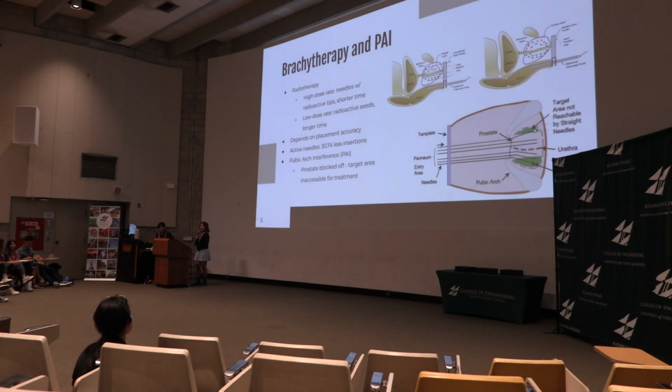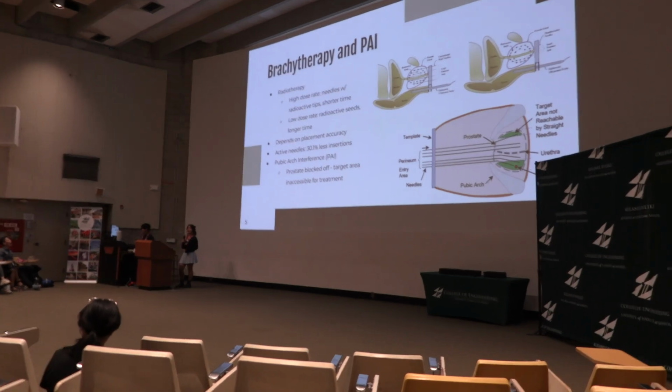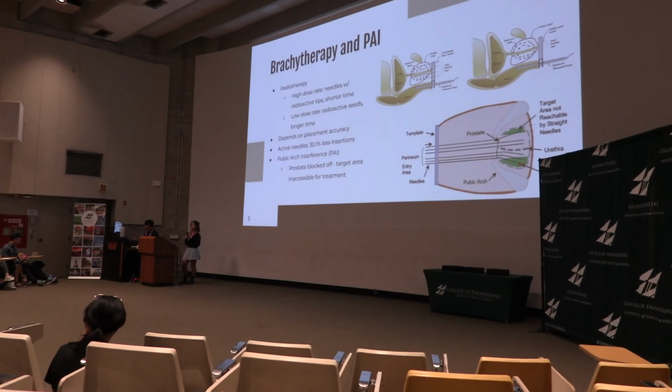So one of the main aspects that our lab addresses to help diagnose and treat prostate cancer is through brachytherapy, which is a form of radiotherapy and an alternative to chemotherapy. There are two different types of brachytherapy that can be used. One of them being a high dose rate, where there are multiple needles with radioactive tips inserted into the cancerous tissue, or a low dose rate, where you insert these little radioactive seeds around the cancerous tissue for a longer